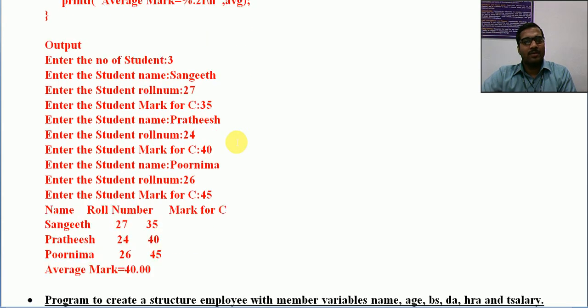Then look at one sample. Enter the number of students as 3. I will be entering name, roll number, mark, then the second student's roll number, name, mark, then the third student's roll number, name, mark. Then the name, roll number, and mark will be printed. While printing you can do some formatting for adjusting all these. This can be adjusted by adding some tabs, depending on the heading size. By adding more tabs we can move it here and here. Then average mark is equal to 40. That is being printed.